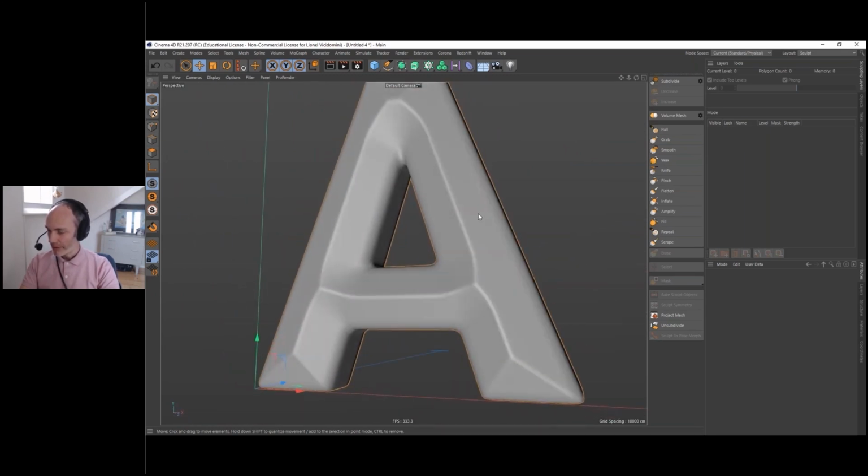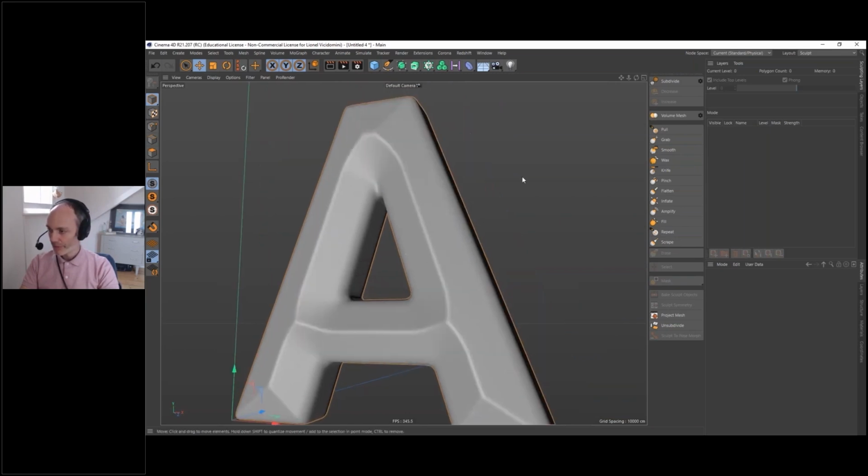I have selected my object and I need to make it editable for the sculpting. So I'll hit subdivide. And now I have here the mode, base object, and I can add a layer. If I look in my object manager, my volume mesher here, my object has now a sculpting tag here.